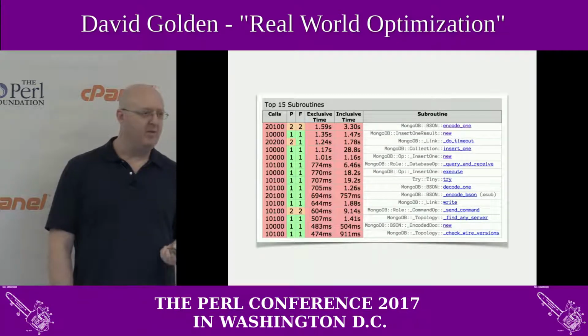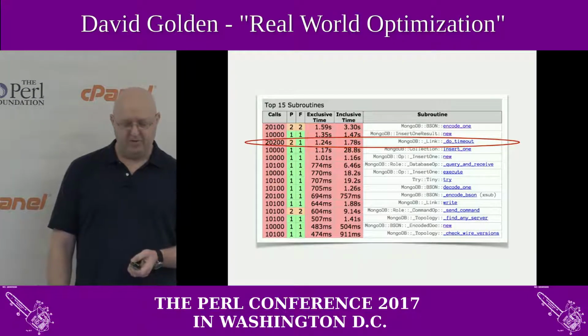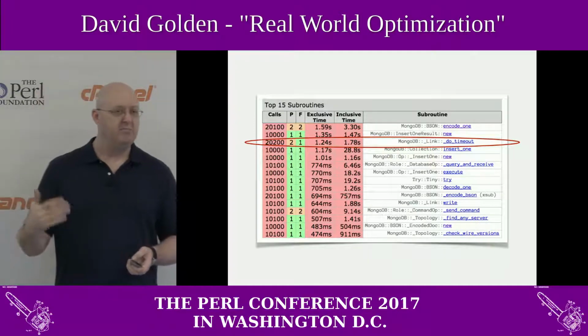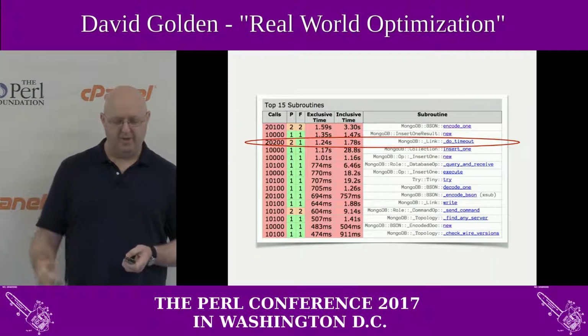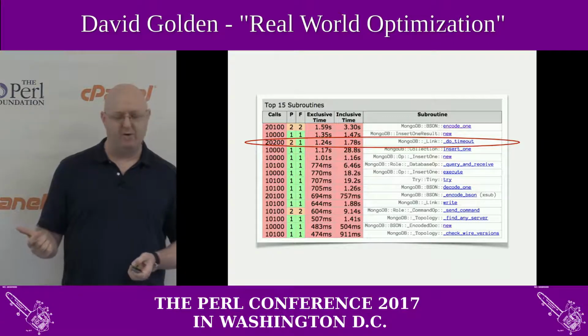So after eliminating the racy check and fixing the read algorithm, now we get something that looks like this. And the interesting bit is the do timeout has fallen down, at least a little bit. Still there, but it's not all the way at the top. And when I go back to my charts and I look at what kind of progress I've made along the way,